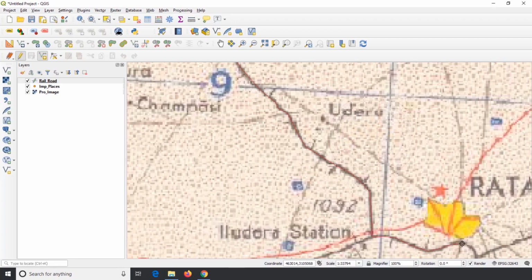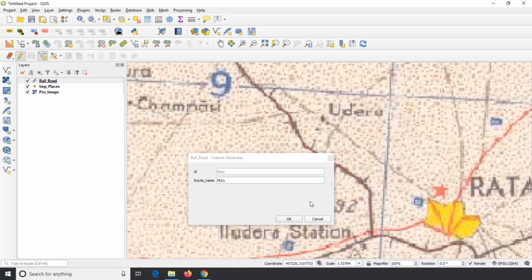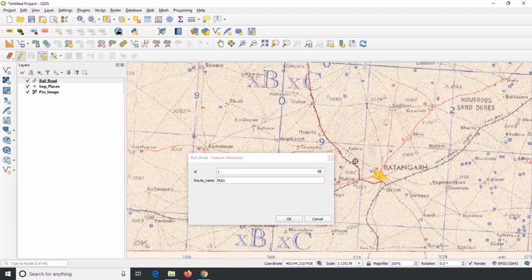To stop digitizing, right click on the mouse. Enter the ID as 1 and enter root name as Sardar Sir to Ratankar.